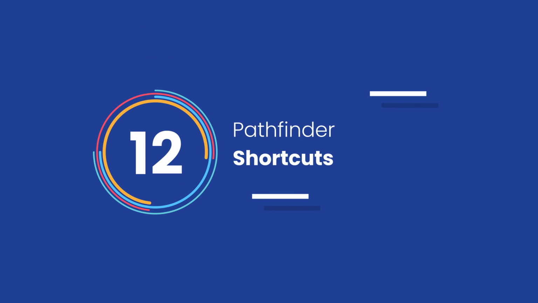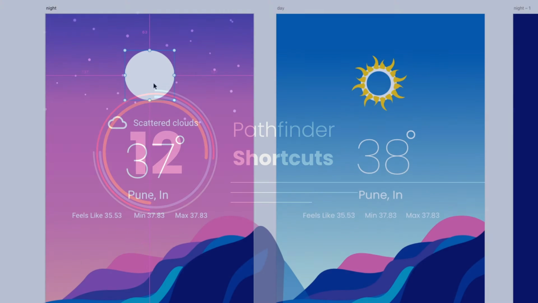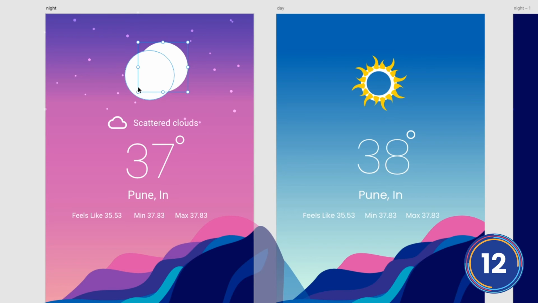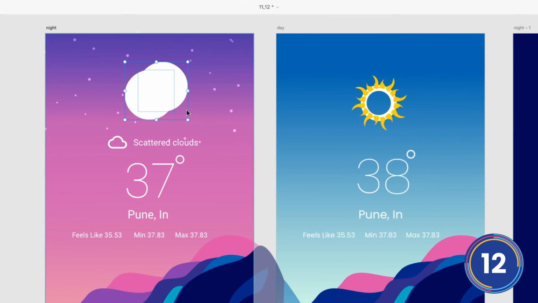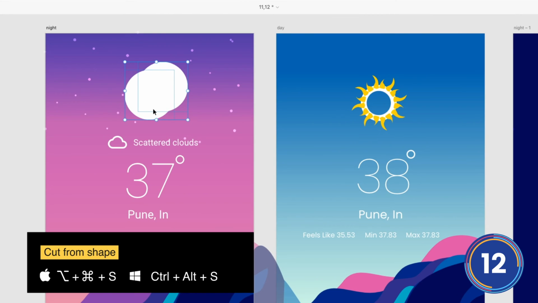Number 12. Pathfinder. We often need to add, cut, and intersect shapes to create icons and vector illustrations, and for that we use Pathfinder options from the Property Inspector. Instead of that, you can use shortcuts. For example, to cut, use Ctrl+Alt+S.